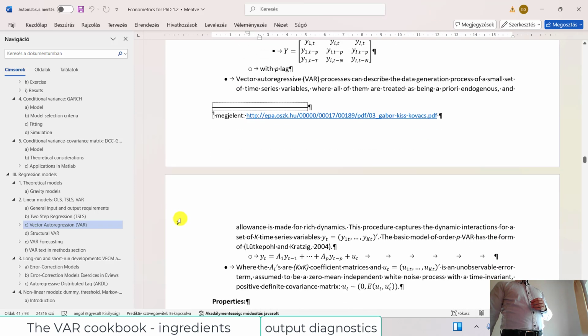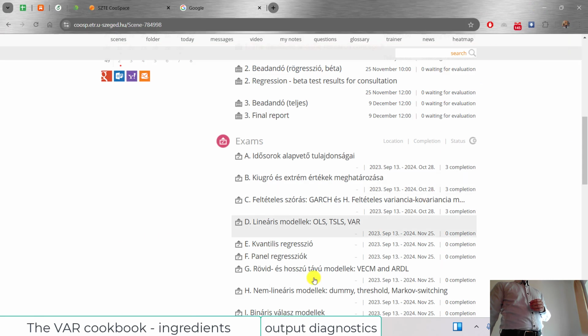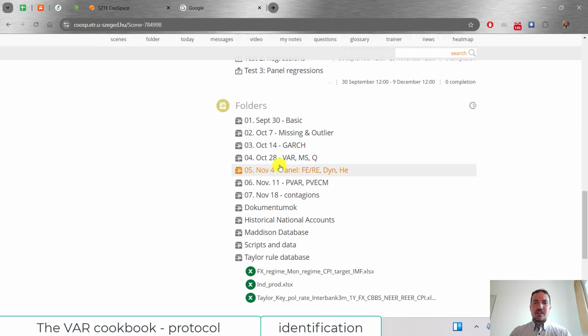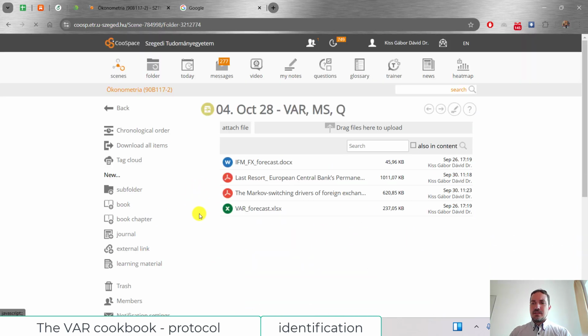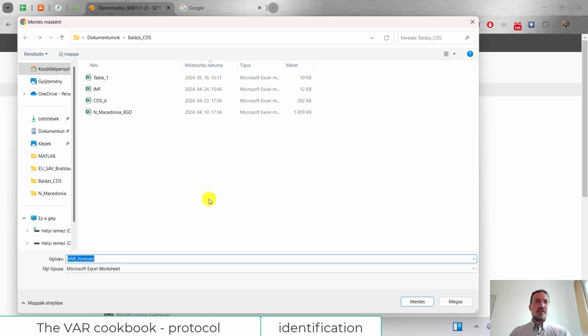Okay, so I think that instead of focusing on these things, let's check the practice, because after that it will be more interesting to see how these things are working. Okay, so I already have this VAR forecast XLSX, which I'm hoping that